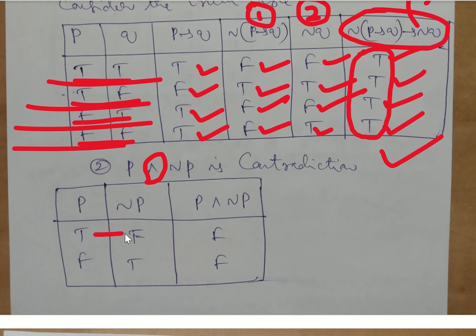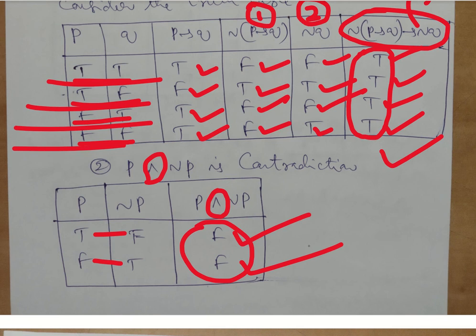So negation P: T becomes F, F becomes T. If you combine both of them, T and F gives F, F and T gives F, because as per the definition of conjunction, only if both are T will the value be T, otherwise it will be false. Now the last column for each combination is F, F, and hence it is a contradiction. So we have proved that contradiction. Mathematically, if the last column representing the complete compound statement has truth value T for all its combinations, then we say it is a tautology. If it has all false values, then we say it is a contradiction. That is the basic idea behind that.